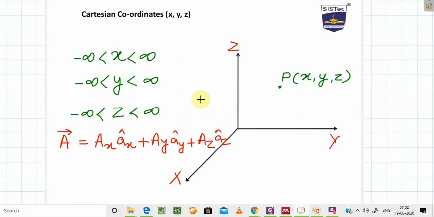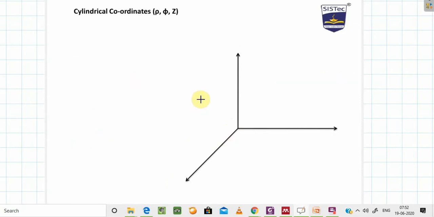Okay, so next we will move on to the cylindrical coordinates, that is rho, phi, and z. Now from here onwards, as we have to discuss cylindrical and spherical coordinate systems, everything will be with respect to the Cartesian coordinate system. That is the basic axis. We have the three-dimensional axis, which will be similar in all the coordinates. Later on we will establish a relation between the Cartesian coordinate system and other coordinate systems. So other coordinate systems can also be discussed with respect to the Cartesian coordinate system.